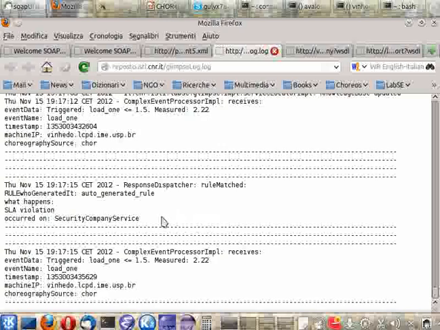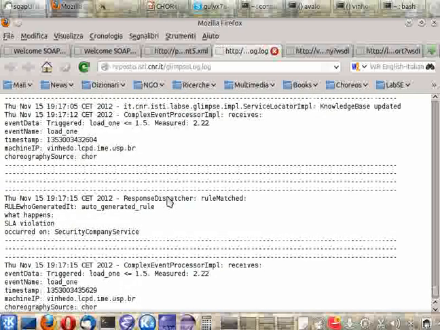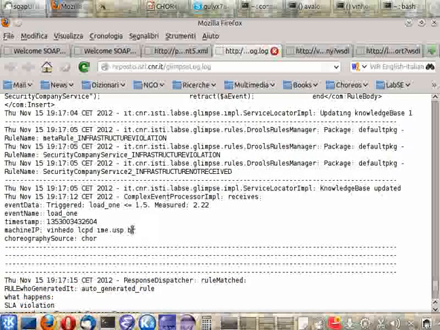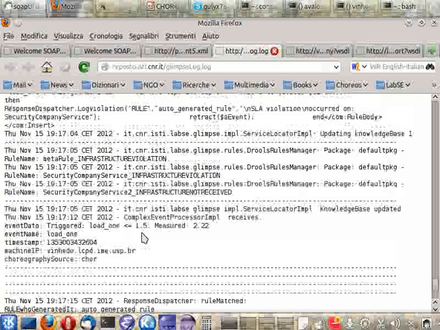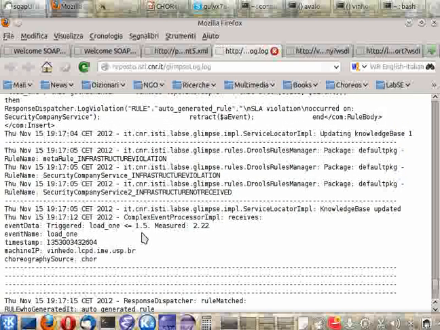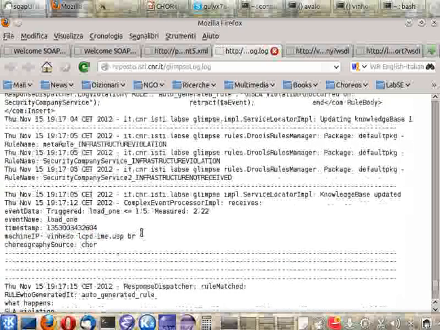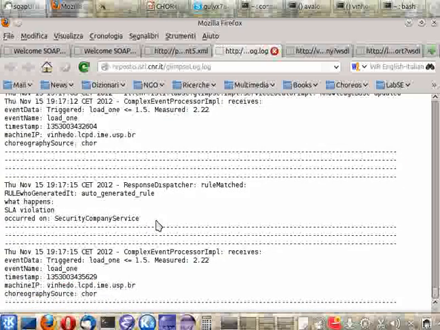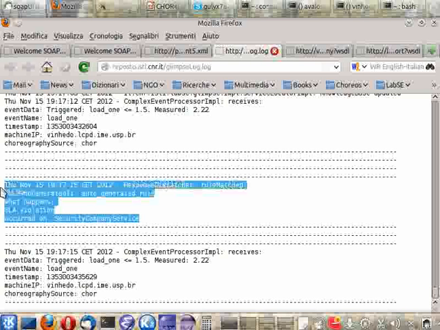We showed this, and then we got the notification at the lower level. We got notification of an SLA violation. We generated the rule automatically, and magically the CP actually infers that